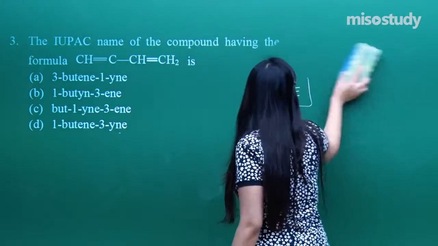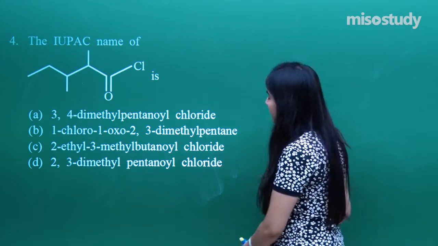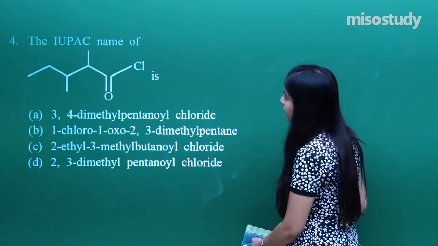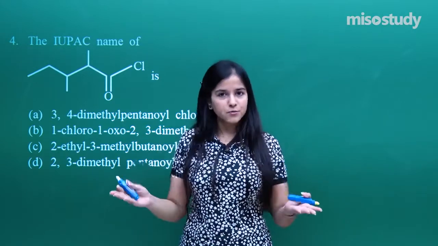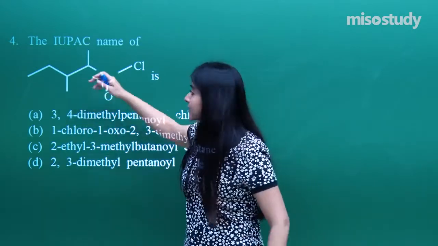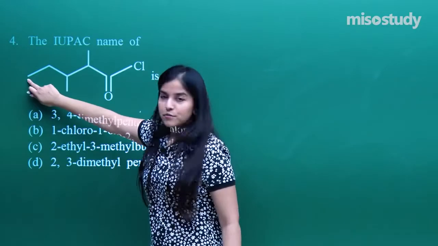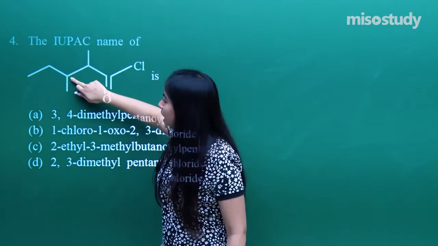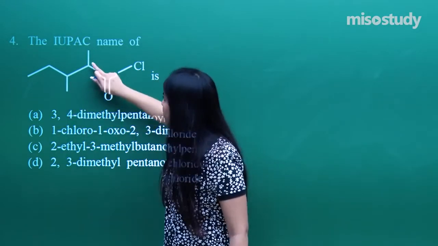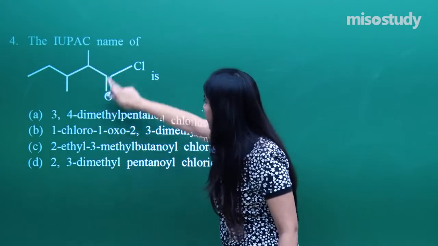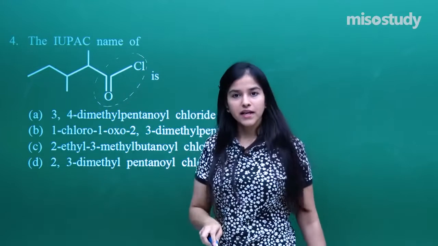The question number 4, what does it say? Again a similar kind of question that we have already discussed. What do you need to do? You need to again expand the structure first of all. Expand this bond line formula to have a simpler version of it. So there is a methyl, CH2, again CH and a methyl attached over here. Again a similar scenario. And what is this? COCl.